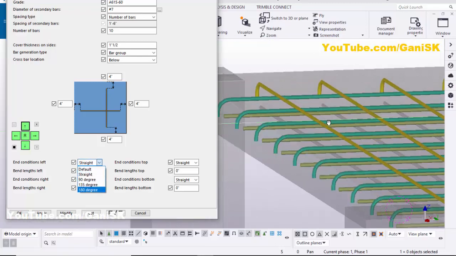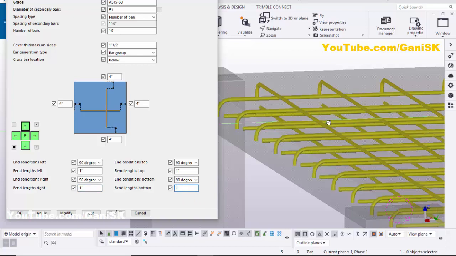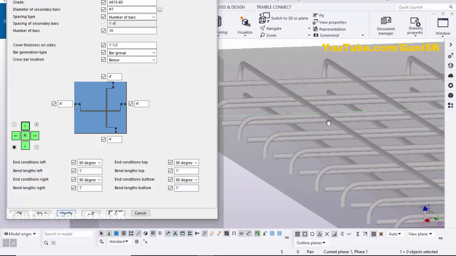For example, let's take 90 degrees with 1 inch radius. Then select the reinforcement and click on modify to see the result like this.